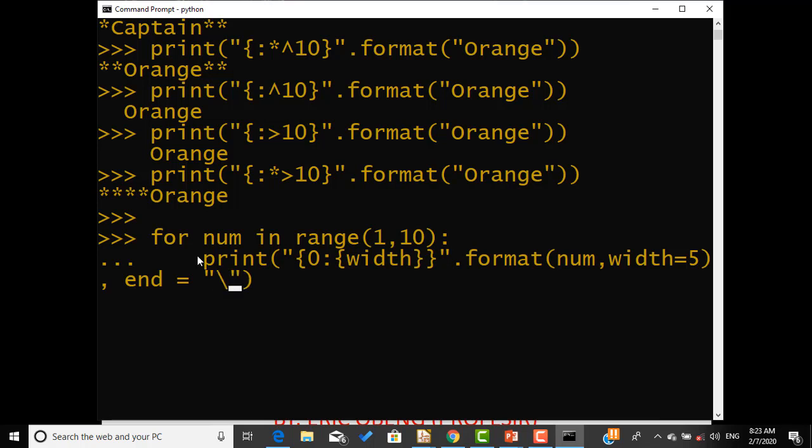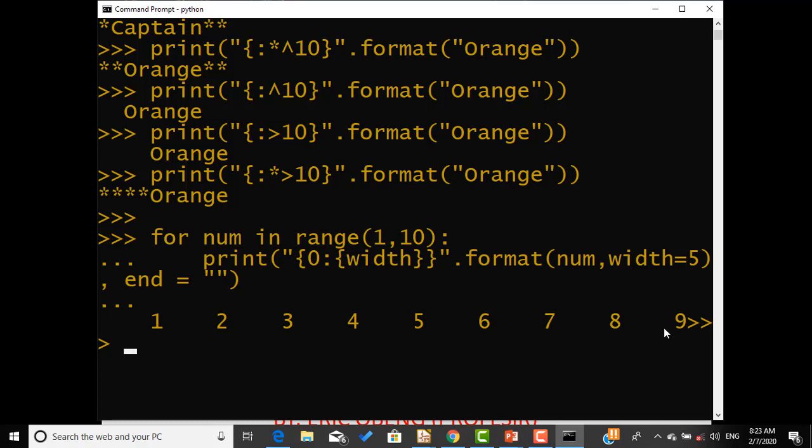So if I put, let's say, a \t here, it will tell print that anytime you are done printing, instead of a new line, insert a tab character. Is that okay? So I am not going to put anything there, so I'm going to define an empty string in there. This means that I am overriding the default behavior of the print function, which is to insert a new line. Now if I hit enter, you see we have 1, 2, 3, 4, 5, 6, 7, 8,